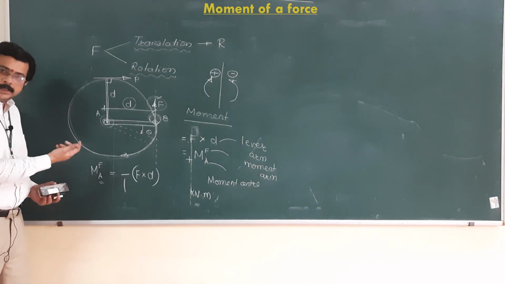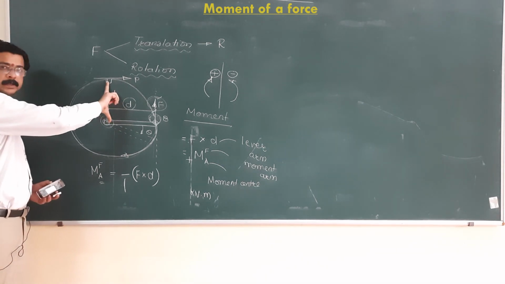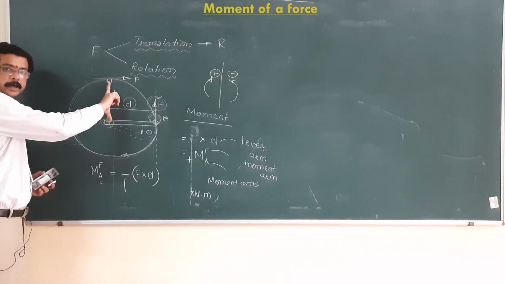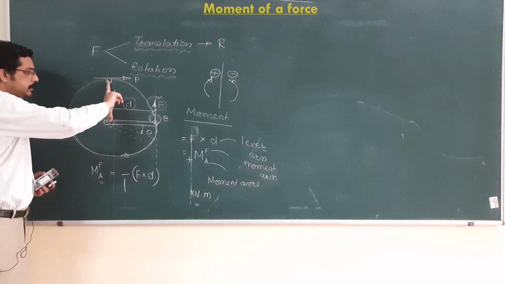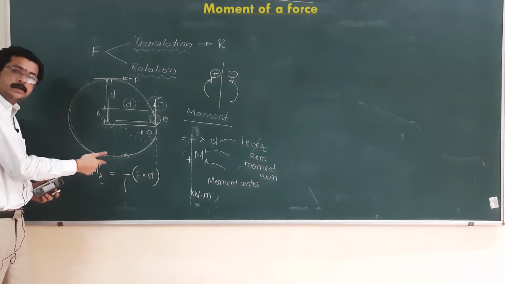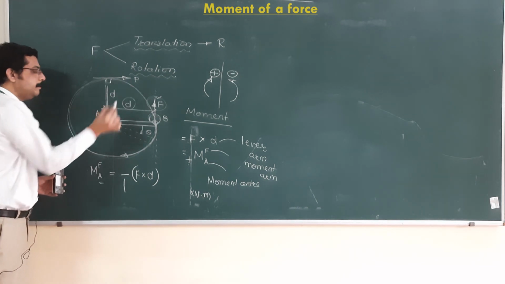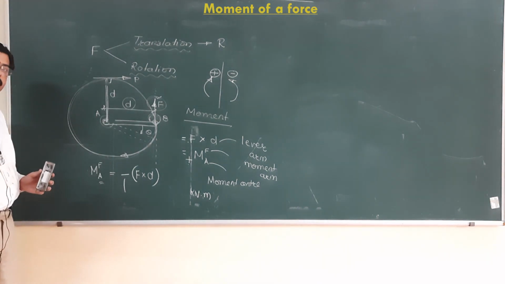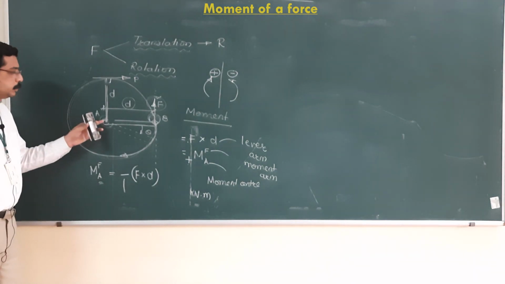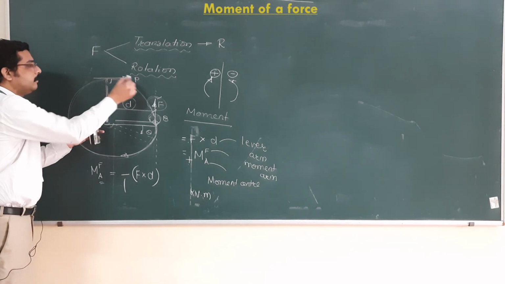We have a compass with us. We can put the needle end here and the pencil end here. We will observe the direction of the force. It will take this point on the right hand side. Hence, with this much radius, we will try to draw a circle. So, the circle has been drawn in a clockwise direction. So, the direction of the moment produced by P about A will be a clockwise moment. So, positive.